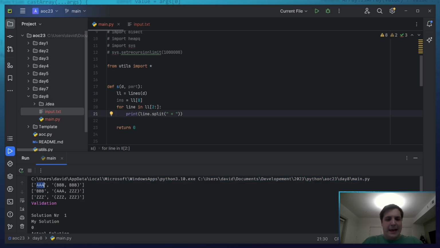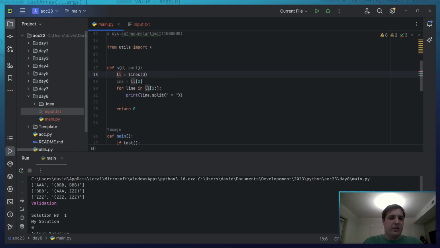So we have AAA, and then we have the two coordinates. Now, in our instructions, I can actually replace L with 0 and R with 1. And I might actually do that. Is there such a thing as replace?